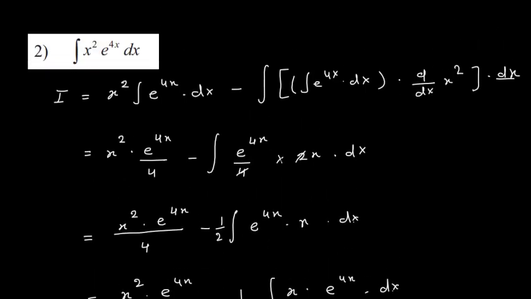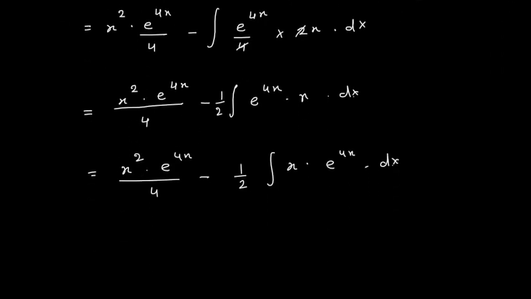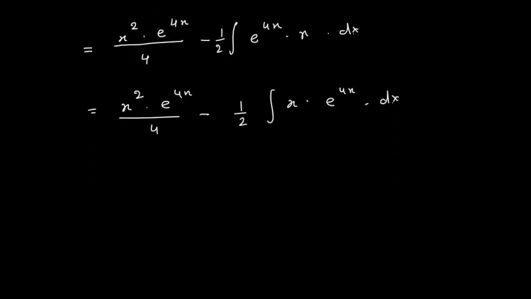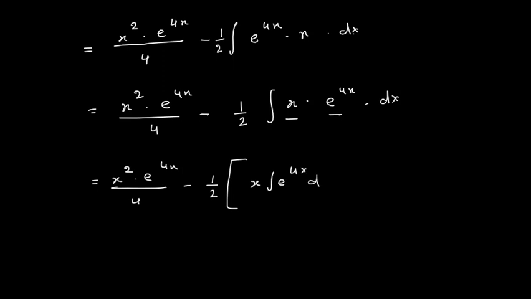So here integration of e power 4x into derivative of this we have written. Now again I have to use this u into v method only. So this is x square into e power 4x whole divided by 4 minus 1 divided by 2. Now here again we will use the u into v method. So u is x into integration of e power 4x dx minus here again I have integration, then here we have integration of e power 4x dx into d by dx of x,